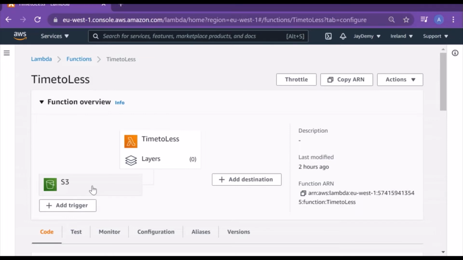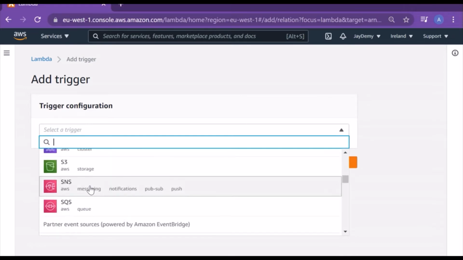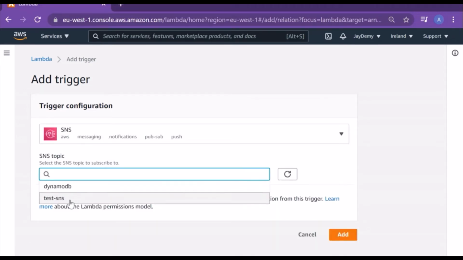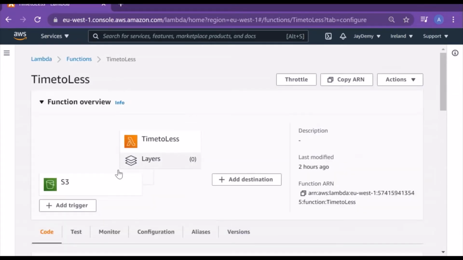In my case, I have added only one trigger, S3. If you want to send some sort of notification, you can also add SNS and go with the SNS topics available. Each trigger acts as a client invoking your function independently.